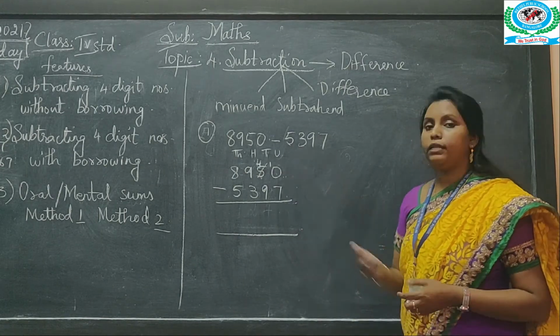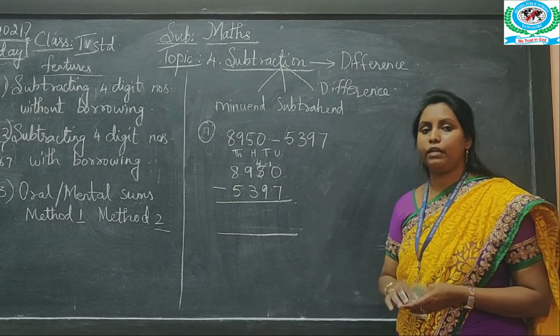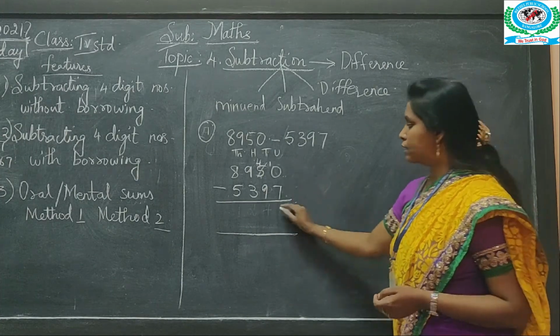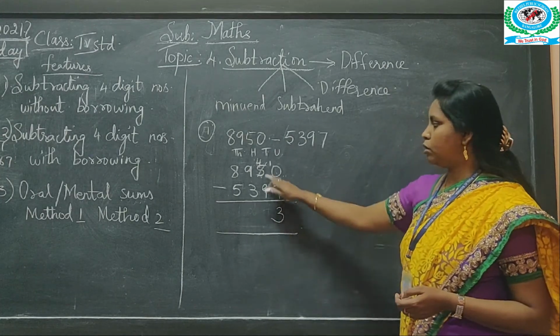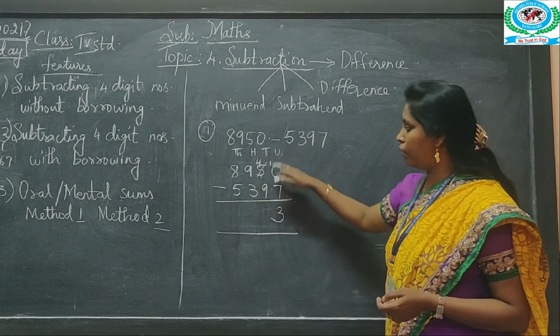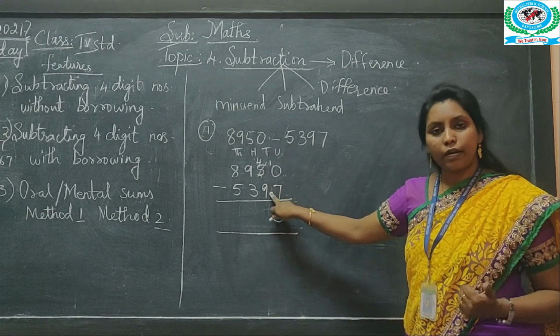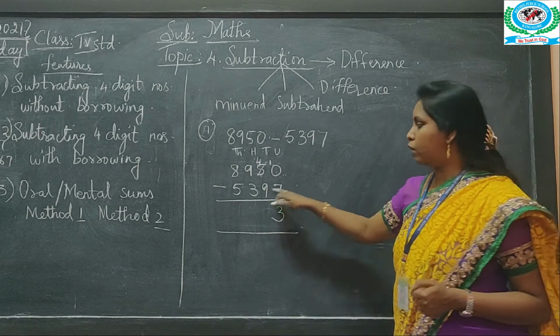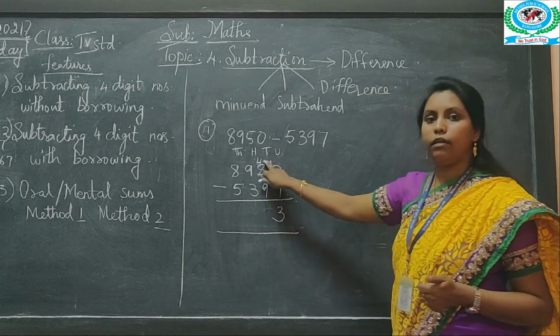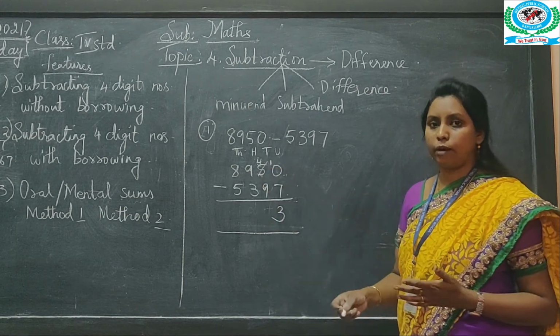So now easily you can subtract. What is 10 minus 7? It is 3. So go to the next number now. You have 4 and you have 9. Can you subtract 9 from 4? No, because it is a greater number than 4. So we cannot subtract it.